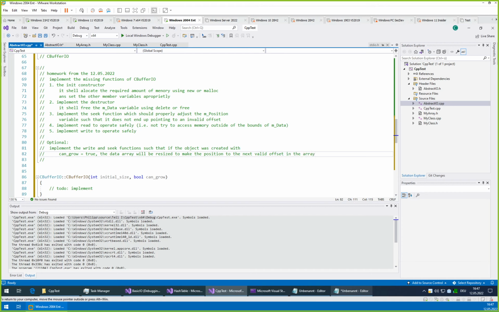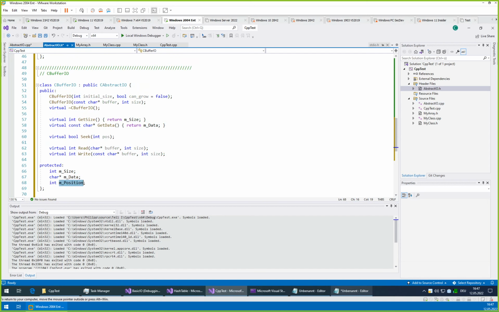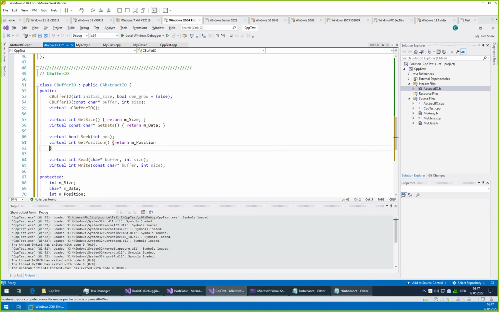in the array. So the way position works, it probably also should be explained, and we also should have here a get position function. Int get pos, get position. Right here.